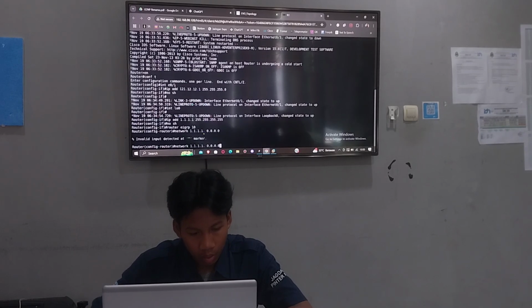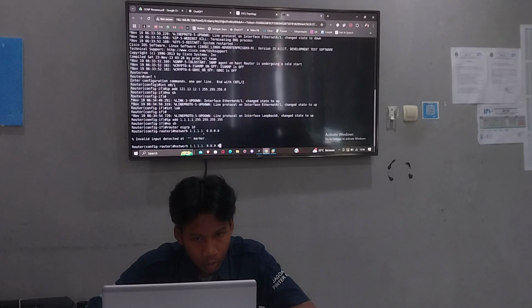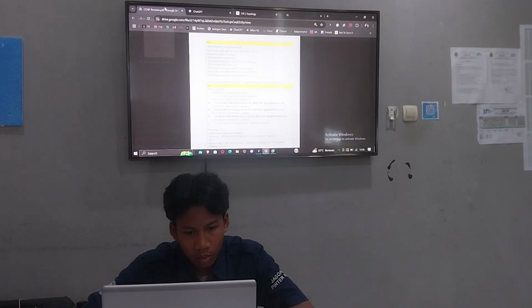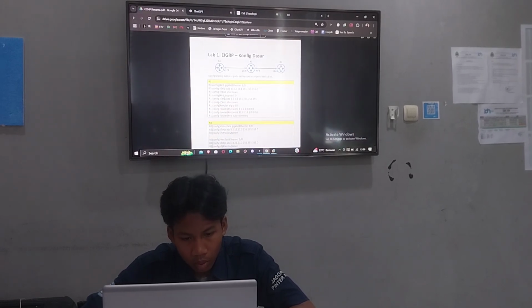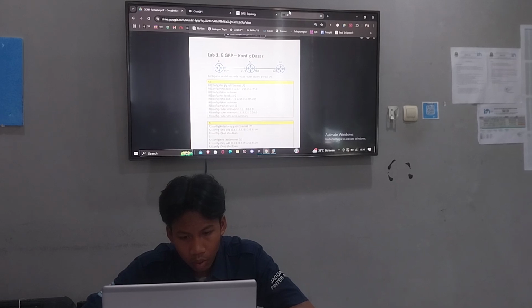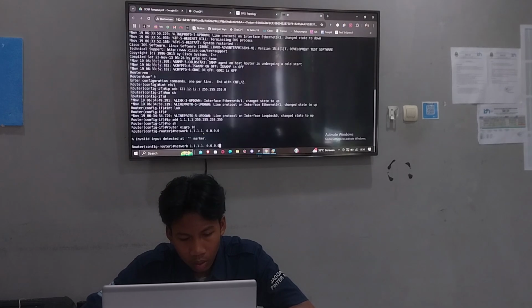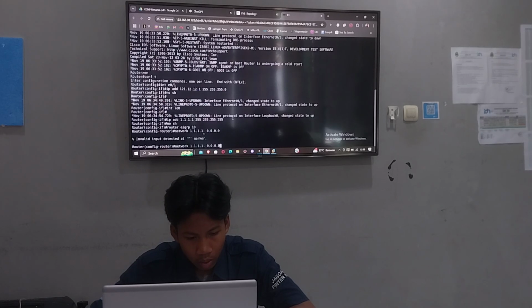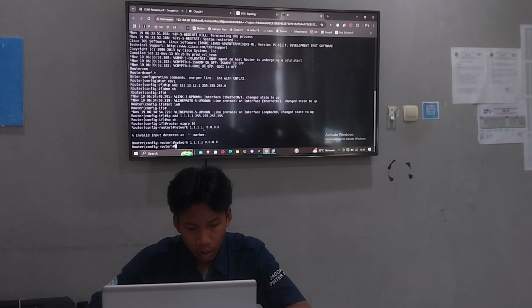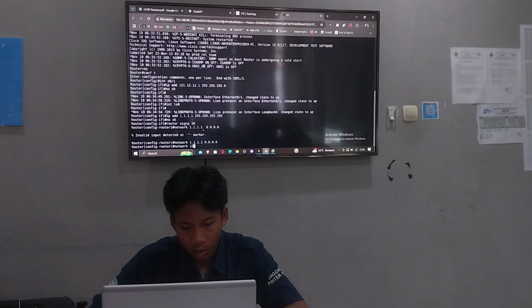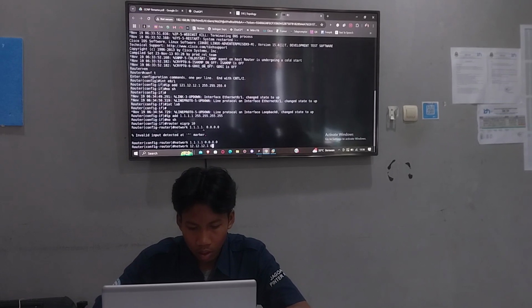Router EIGRP 10. Oh, sorry. And then 0, and then add the network again, 12, and then the subnet is 0.